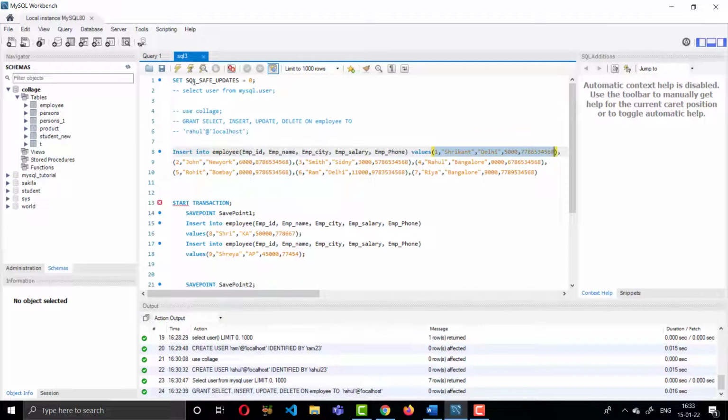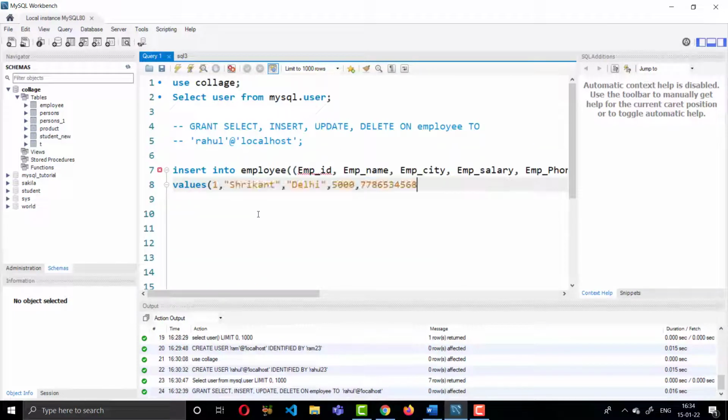Suppose here I'm giving the ID 10, and here I'm giving some name like Abhishek, and place like Karnataka, you can say, and 5,000, and give this random number 68.